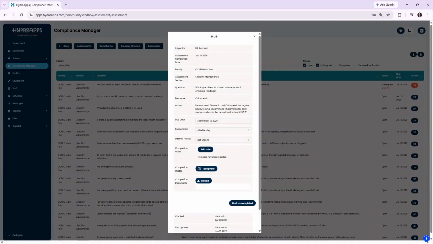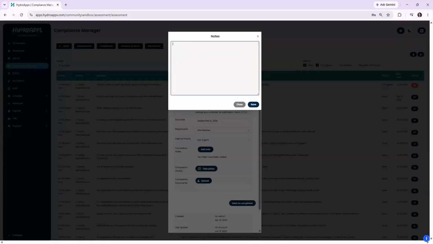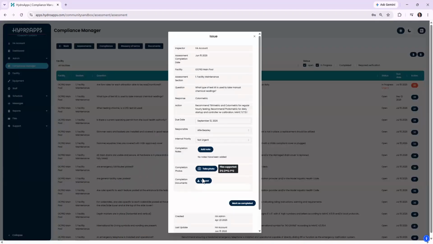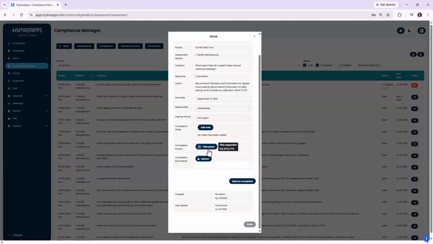And again, this is all going to be internal hierarchy of your own desire to assign the due date, the priority, and also the responsibility. You're able to add in completion notes here, and then you're able to add any photos or documents that you'd like. And when all of this is filled out, you're able to mark this item as complete, and it will have an accountability flow here of when this task was created, when it was last updated, and then when it